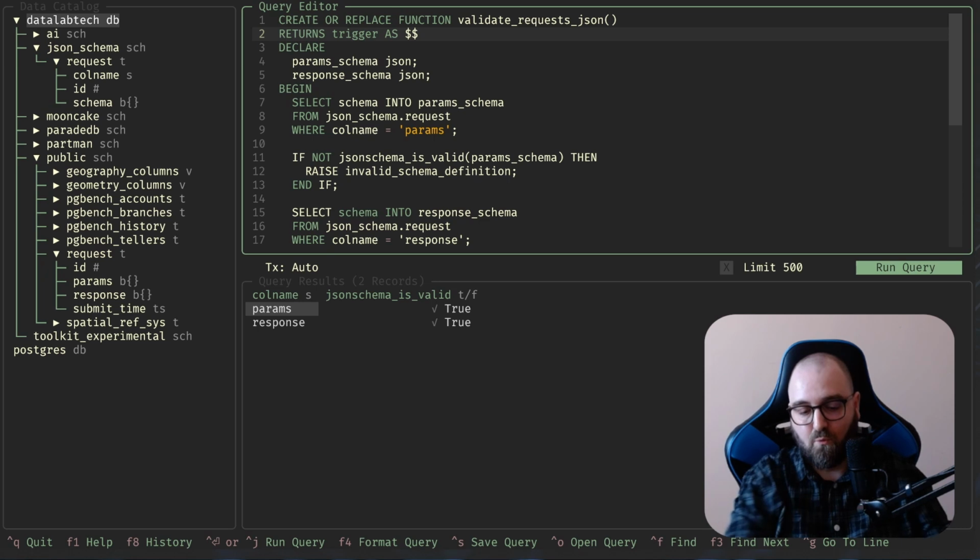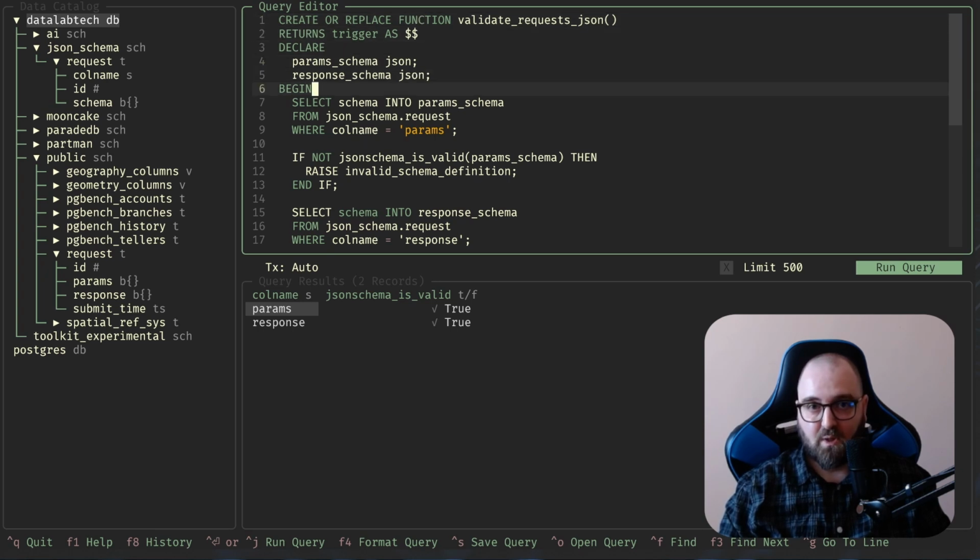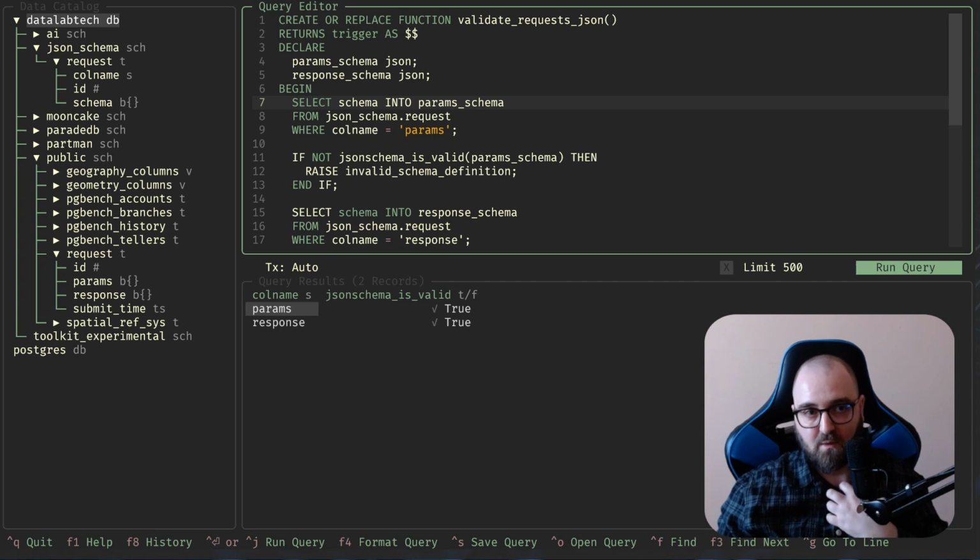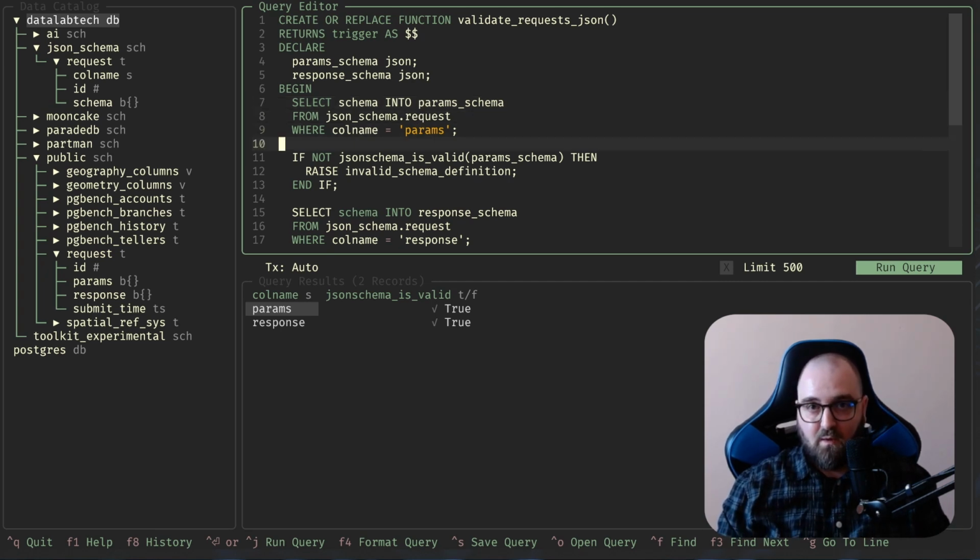We'll have to alter table and change the schema in line with the table. If we do it this way, then we can just validate with the trigger and keep the schemas stored on a separate table. So this trigger will validate the schema,